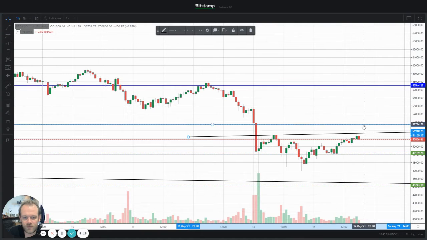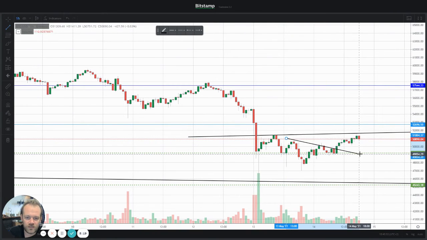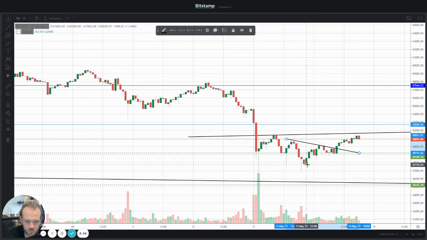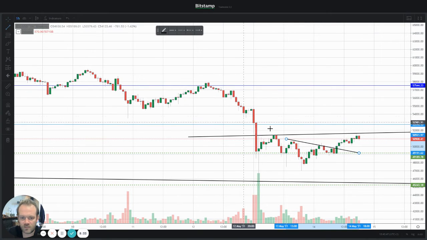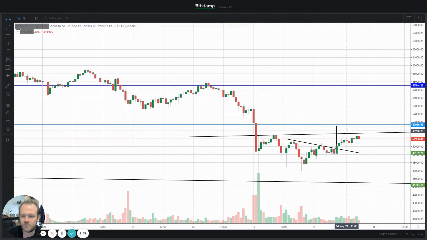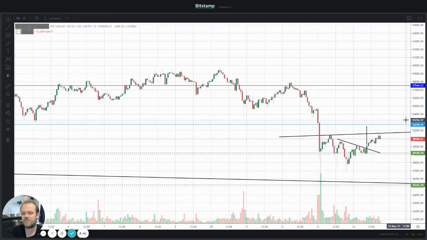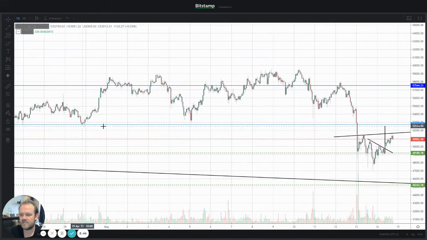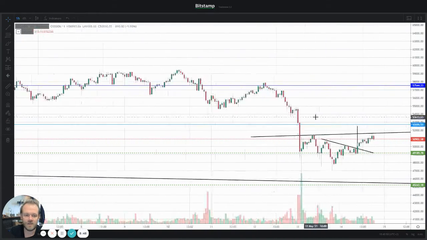Funny enough, we saw another Head and Shoulders right here. The only thing that was a bit concerning for me was the fact that this wick was almost lower than the bodies of that candle, but we had this wick as well, so we were more or less even. So you could say that if we don't take the wick into consideration, we did not hit the price target. The price target, which was the 52,600 or 700 resistance line around here, we did not hit it.